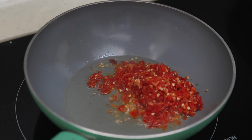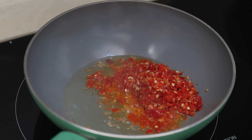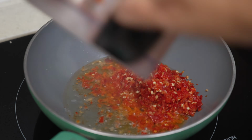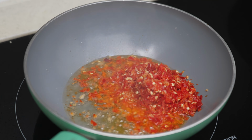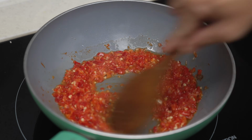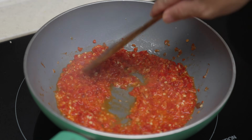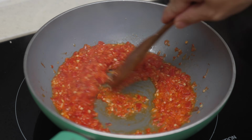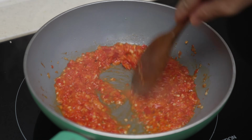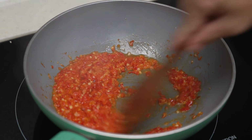We shall saute this chili paste for probably about 3 to 5 minutes, I would say, using a medium or medium low. Don't use too high heat. Slowly saute it. You need to keep on stirring. This is like making a crispy chili, yeah? Very nice. The only tough part is if you're not careful towards the end, and if your heat is too high, then towards the end, the crispy chili might become burnt. So that is the part you want to be careful. This is why I suggest you all to use medium-low heat to slowly saute it for about 3 to 5